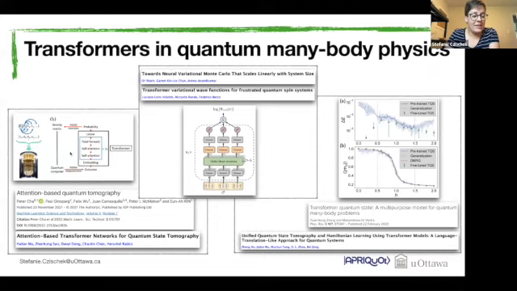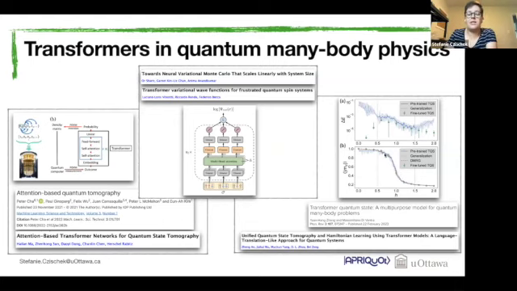In these examples here, people used transformer models for quantum state tomography, so basically reconstructing quantum states numerically from a given set of measurements, for example, experimental measurements, which works really well. Another example here on the right is where people used it as Hamiltonian learning models. So basically, from a given amount of measurements, they were able to determine parameters in the Hamiltonian describing the system from which the measurements were taken. And they also showed that these models can generalize really well. In these plots here, you can see they trained a transformer just in the central part.